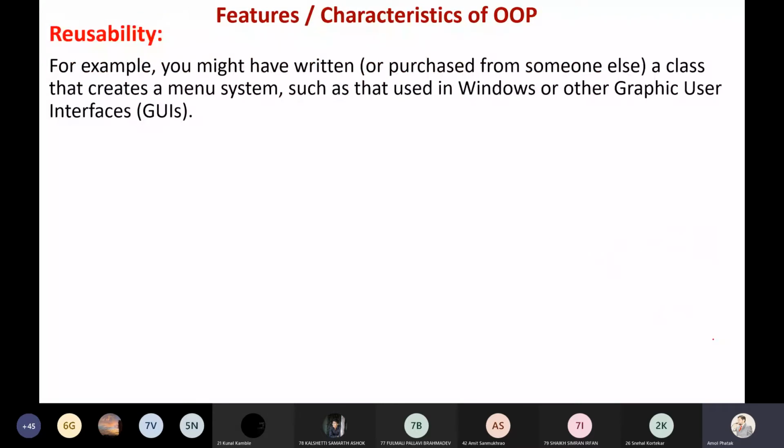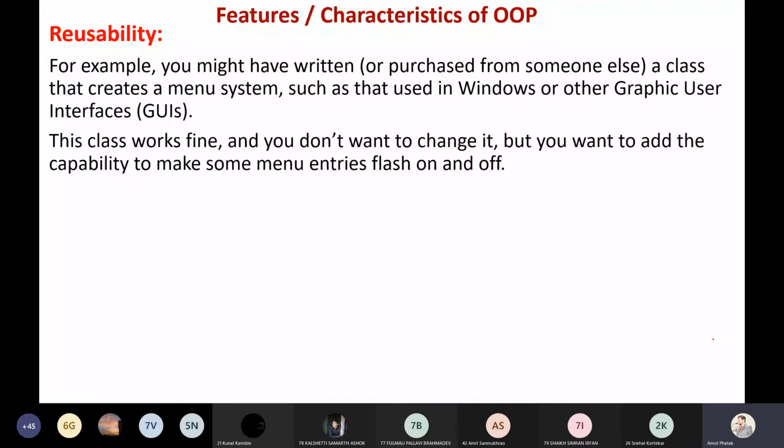I continue with the discussion. For example, I just want to put it here. You might have written, or purchased from someone else, a class that creates a menu system, such as that used in Windows or other graphical user interfaces. So you have already taken the code of the graphics and user design, the GUI or Windows, from another source, or you might have done it already for another application. That is working fine, so this class works fine